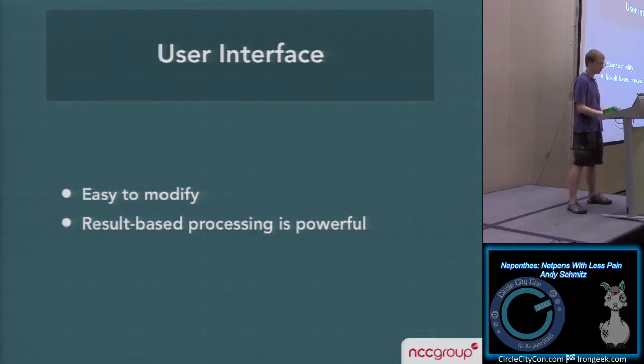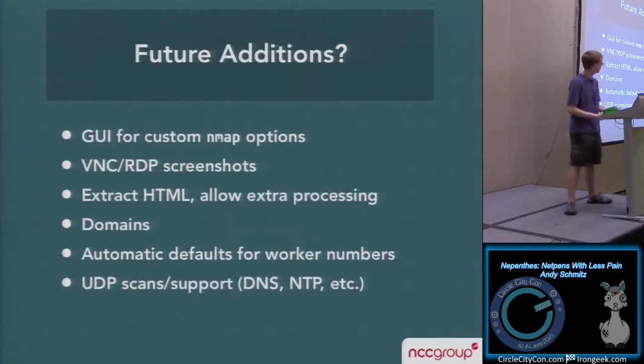Got a little bit of extra time here. So things that we might want to add in the future, we don't have these yet, but these would fit in pretty well and would actually be kind of easy to do with workers. Or adding things to the user interface, just having some GUI for custom Nmap options. A lot of people don't know all of the options that Nmap provides, and the man page is good but not great about explaining them. So just being able to check a checkbox for like don't ping this or whatever